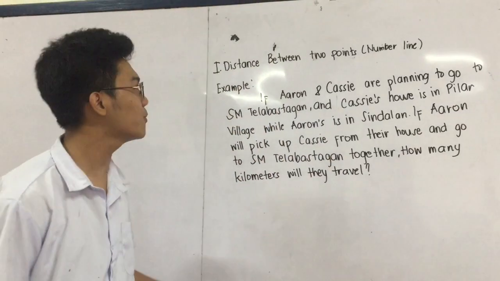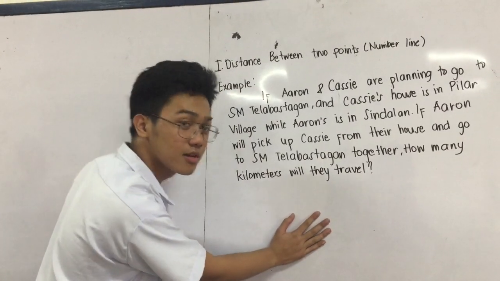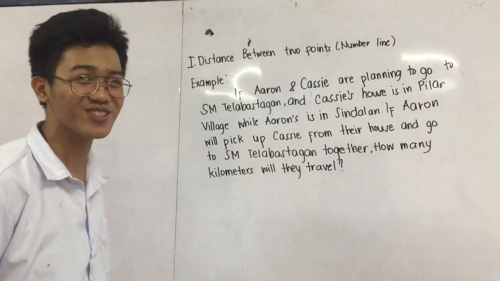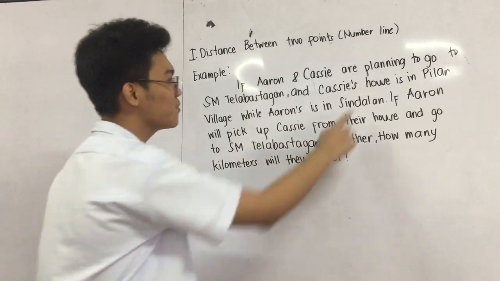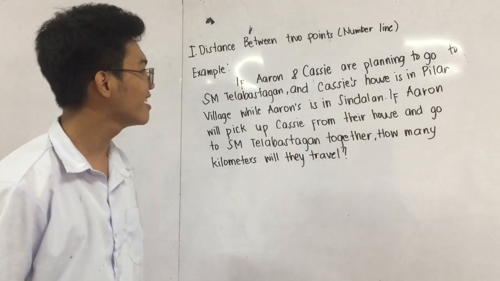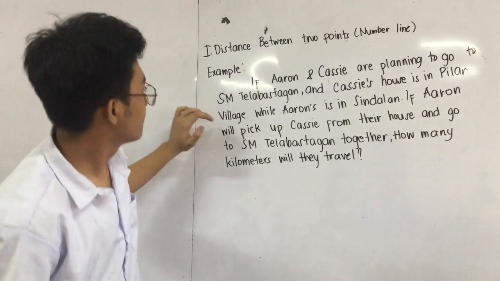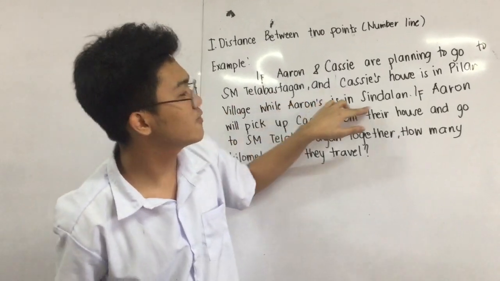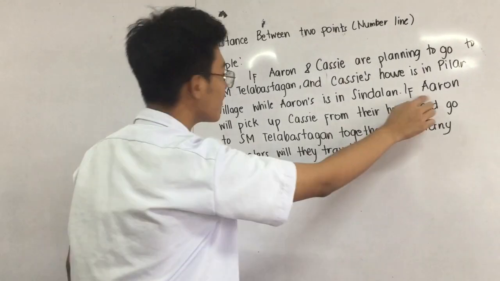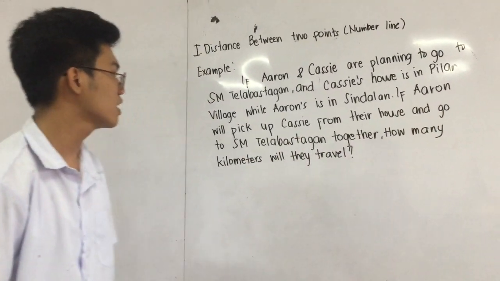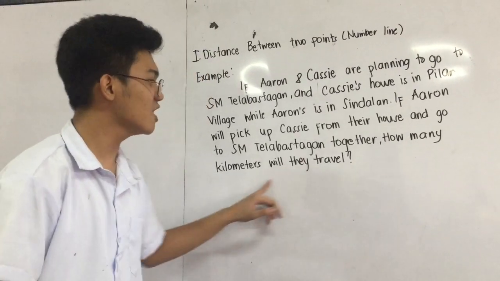Here is our first example in distance. Example problem. Are you ready to listen? Of course you are, no? If Aaron and Cassie are planning to go to SM Talbastagan, and Cassie's house is in Pilar village while Aaron is in Sindalan. These are the 2 points, Pilar and Sindalan. If Aaron will pick up Cassie from their house and go to SM Talbastagan together, how many kilometers will they